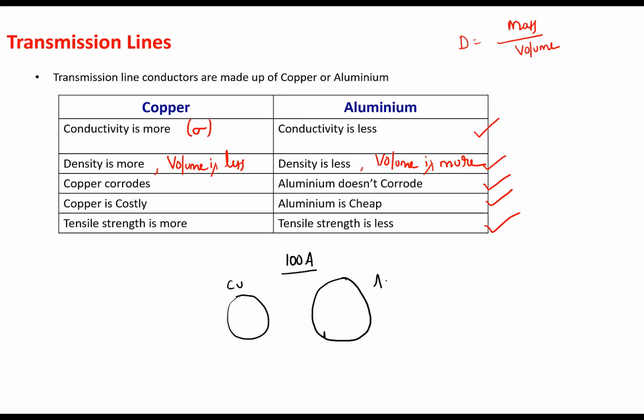Okay, aluminum. Here conductivity is more, here conductivity is less. So you may feel that this is an advantage of aluminum, this is a disadvantage of aluminum when compared to copper. However, in power system applications, having lesser conductivity, that means having more cross-sectional area for carrying the current, is an advantage. Why? Because when you have more cross-sectional area, more circumference, then what happens? Your corona will decrease. So in this case also aluminum is having an edge over copper.